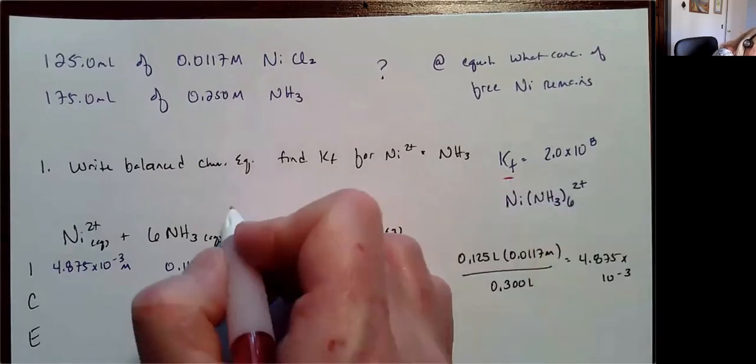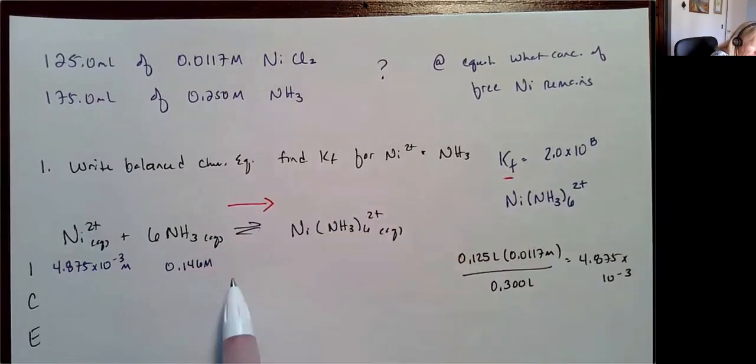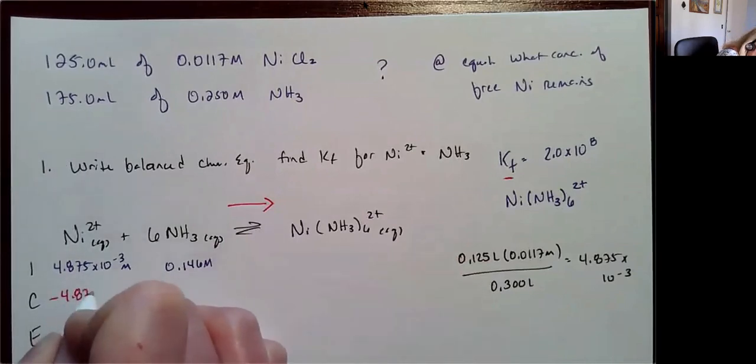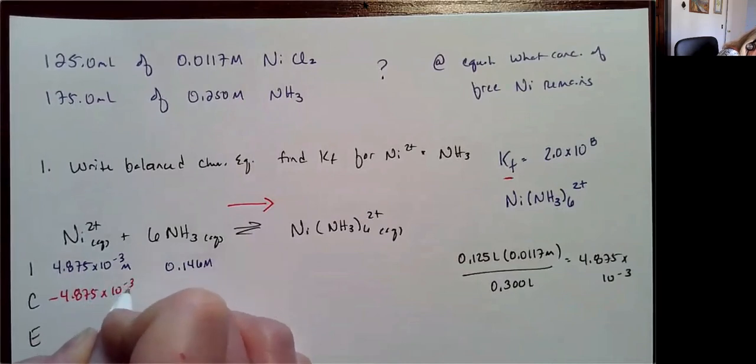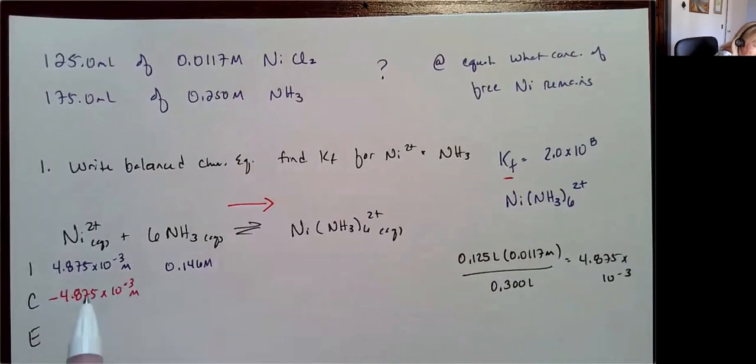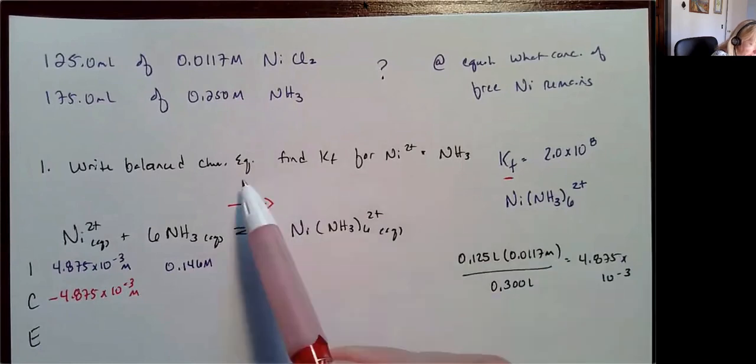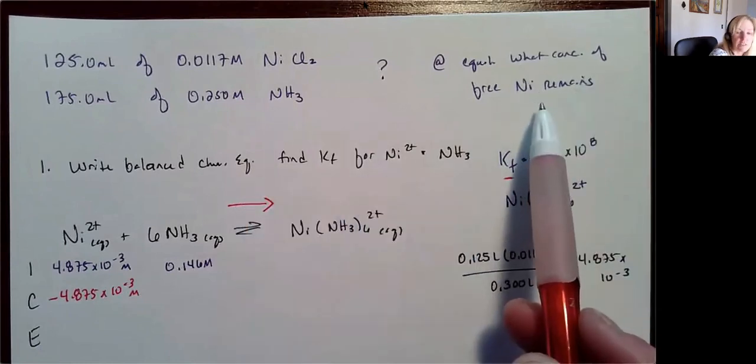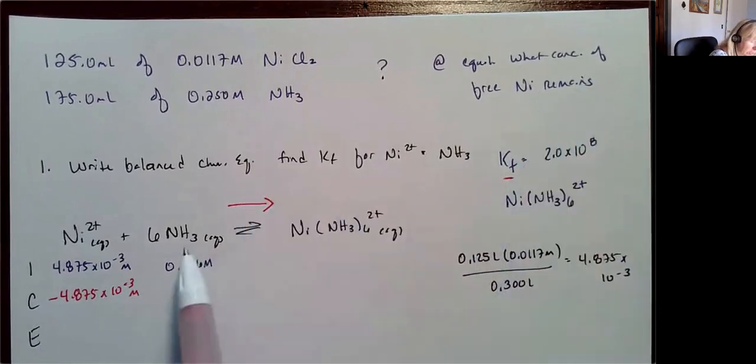My ice table is going to be different because my Kf is so high, I'm going to assume that my equilibrium is going to favor this side. So my assumption here is that all of this is going to react. So I'm going to lose all of this. I'm going to come back and find if there's anything left because I asked you to find what concentration of nickel remains at equilibrium, but then I just told you I'm reacting it all. I'm going to come back, so I'm not going to put that as 0,